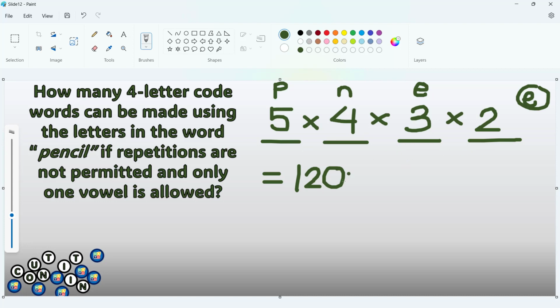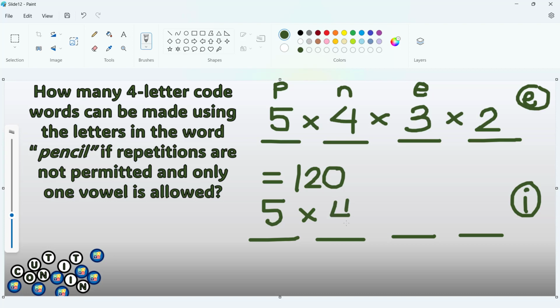Now, this is the same number for the possibilities when using I as our only vowel. Because if we are going to use I here, the number of consonants is still 4. And the number of possible letters to be used with I in this case is still 5. That would mean 5 times 4 possibilities times 3 and times 2. What you need to understand here is just to look into the situation and look for possibilities. So again, this is also 120